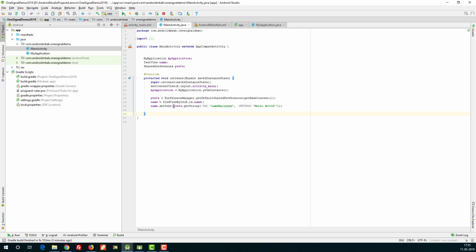set text. Now here we have to give a plus, prefs, just copy this one here, give another plus here, paste it here. Here we add phone received, default value 0000. Okay, next thing again here we can give a hyphen, then plus, paste it here.